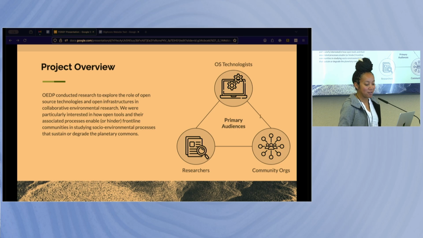We had 3 primary audiences. So they were open source technologists, much like yourselves, but also those that worked within organizations, which I'll talk about in a little bit. Sometimes they were, I guess like the other group would be what they called developers for hire, right? They have a contract, they deliver it, and then they walk away. So they have to think about handing off the project as opposed to being a part of the organization.